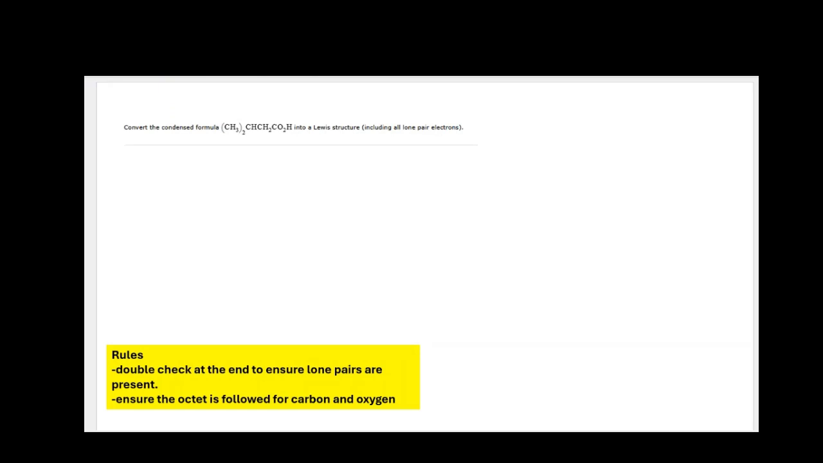All right, hello. I will be showing you how to solve the ALEKS problem, convert the condensed formula into a Lewis structure. So with this question, ALEKS is going to show us a condensed formula, which is listed right here. And what we are going to do is convert it to a Lewis structure. I have two simple rules that I use to solve this question at the end, and that is